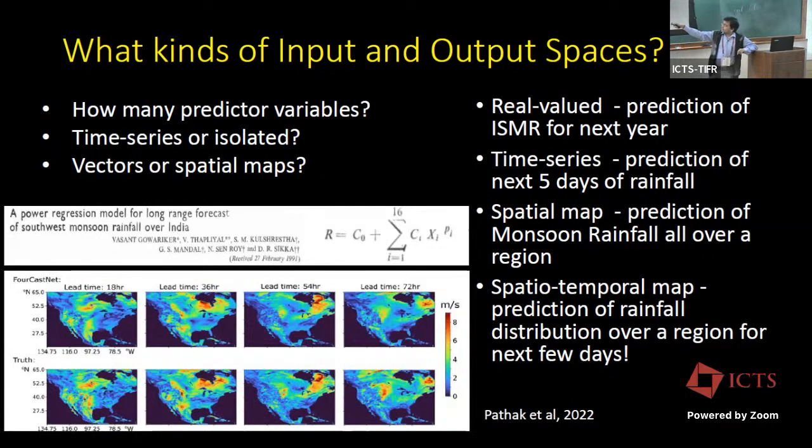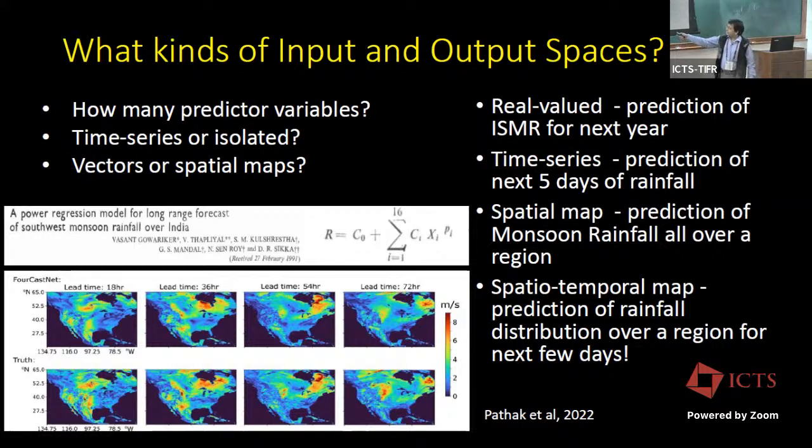So the task of your machine, if we were to frame this as a machine learning model, and I do not know what techniques IMD used to estimate these parameters, but if we had to do it using machine learning, I would provide lots of data: the observations of these predictor variables and the corresponding ISMR in those years. Then define a suitable loss function, and then there will be some algorithms which try to choose these parameters in a way that will minimize that loss function.